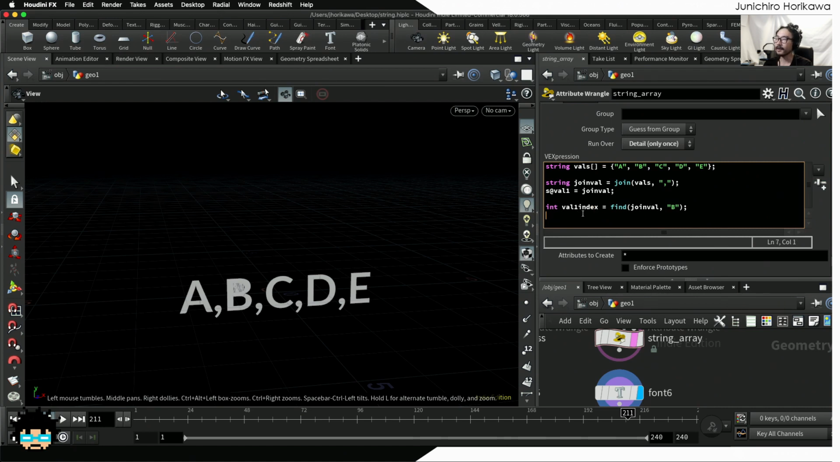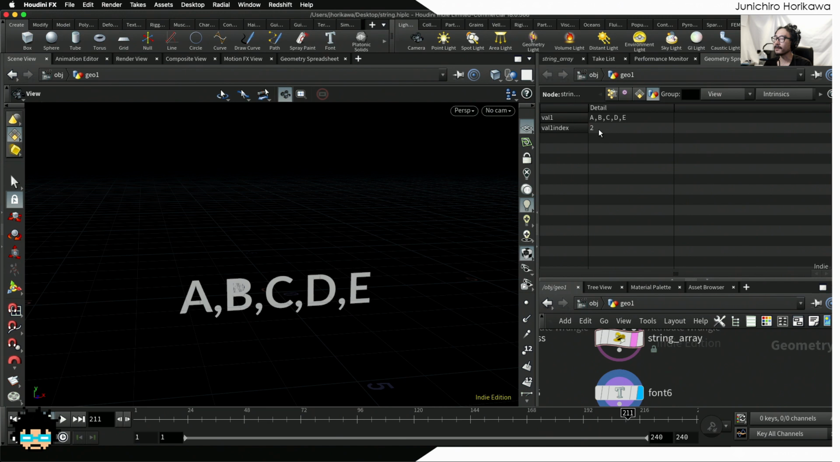So let's add it as a detail attribute to check that value out. I'm going to create an attribute called val1 index and store this variable val1 index, which is retrieved using this find function. Okay, and let's go to the detail wrangle, and the value that I get is 2. So this is the index number where the B is stored. And if you check the index, A should be 0, comma should be 1, and B should be 2,